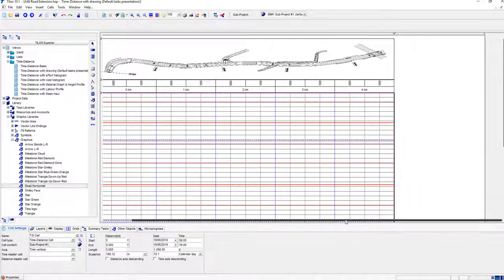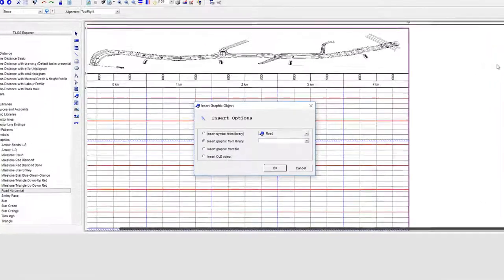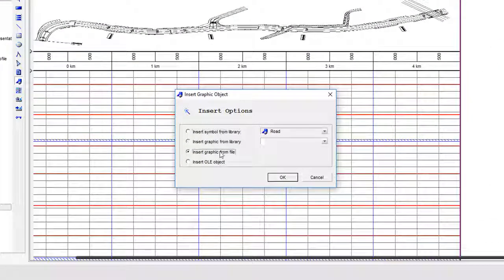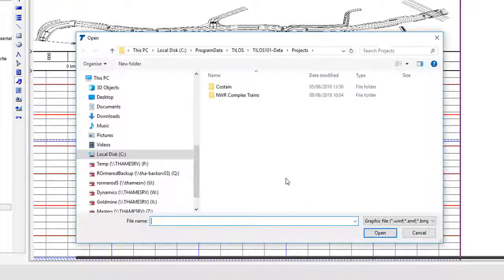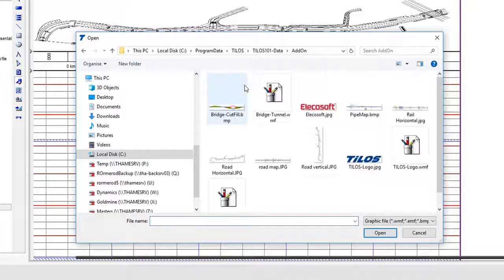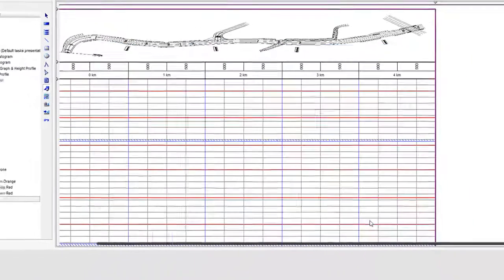So I'm going to scroll the diagram to the right hand side, because in the top right hand corner up here I want to embed a logo. I'm going to do that from a file on disk, so I'm going to click on the insert graphic object. I'm going to choose how I'm going to scale the object that I'm going to bring in. I'm going to have no scaling, and I'm going to connect it to the top right hand corner of the diagram. So if I change the size of the diagram, it's always going to be related to that top right hand corner. I'm going to bring it in from a graphics file, any sort of bitmap, and I'm going to then locate that on my disk,